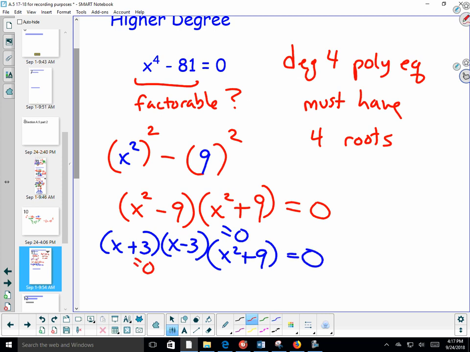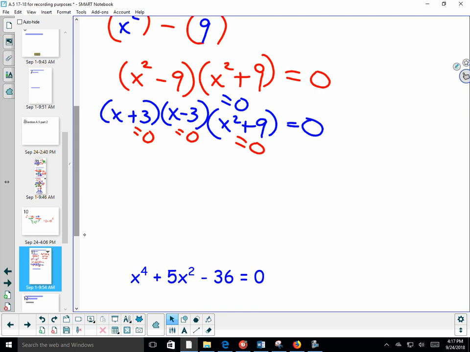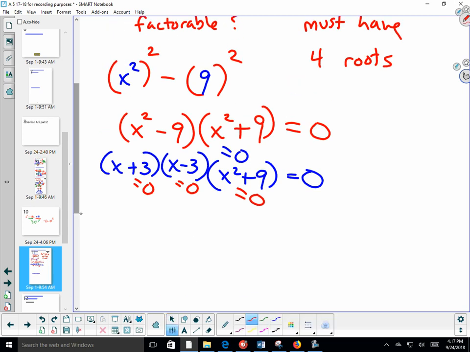Now if I set this equal to 0, this equal to 0, this equal to 0, I get that x is going to equal negative 3, x is going to equal positive 3,